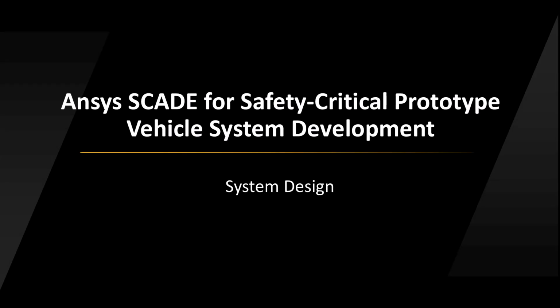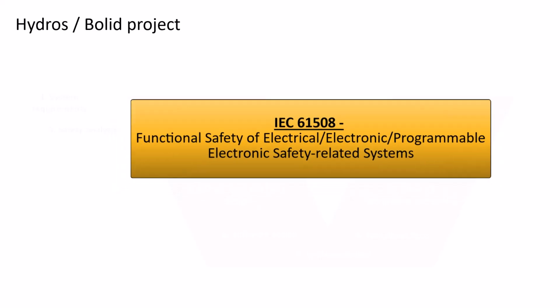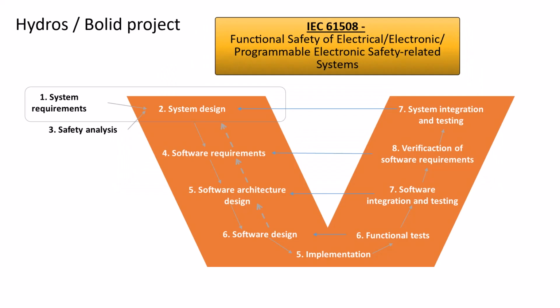One of the methodologies is taken from IEC 61508, the functional safety of electrical, electronic, programmable electronic safety-related systems. That is based on the V-cycle. We start at the very beginning with the system requirements and system design, then we make our system analysis. Safety analysis makes it possible to make software requirements, software architecture design, software design, and implementation, and